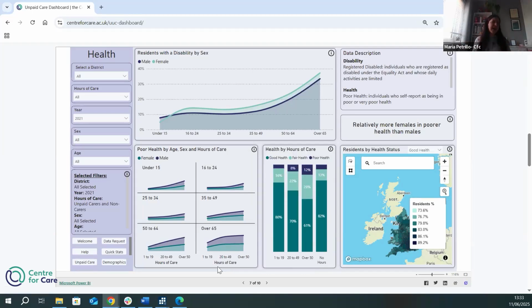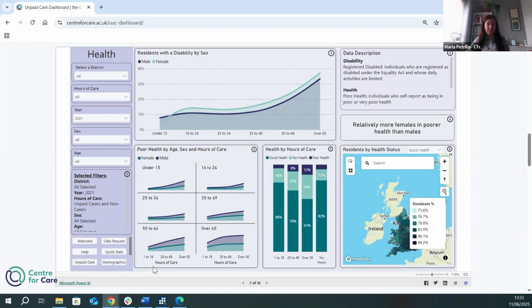But we want to know more. We want to know if this varies by sex, for example, and that's why we have this graph. In this graph, we can see the gender in terms of color. So the light green will be female, while the blue line will be for male carers. And then we have the age. Each single panel of this graph represents an age group, so under 15 years old, 16 to 24 years old, over 65 years old.